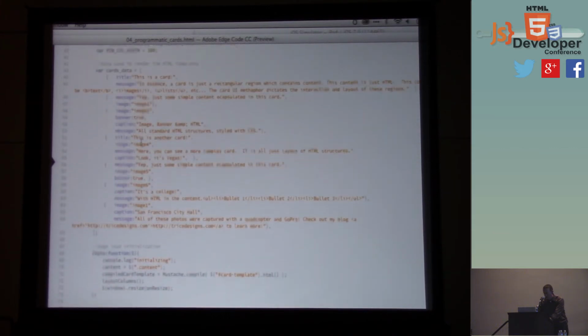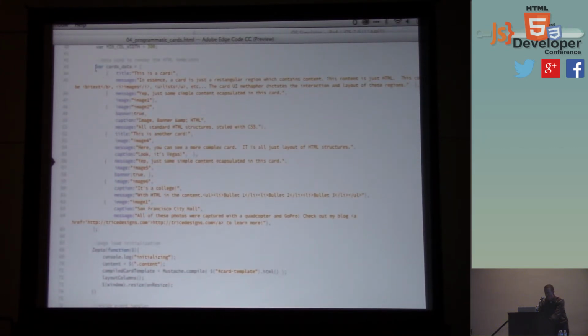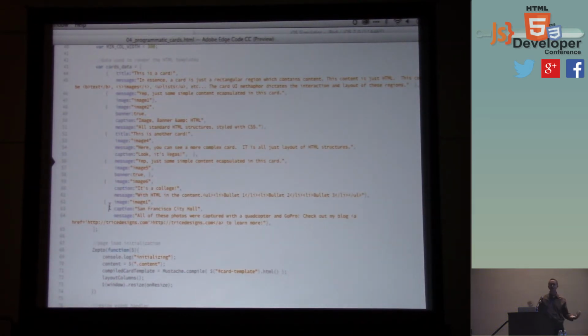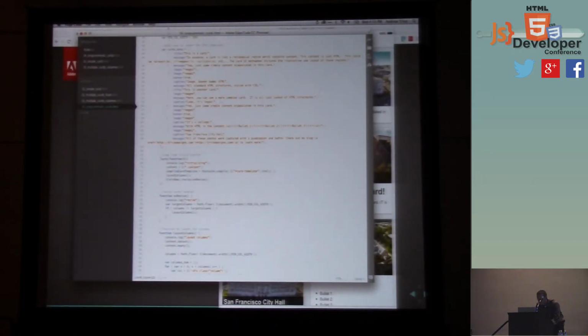And if we jump down here a little bit further, in JavaScript, we have an array called cards data. And in here, we have a bunch of JSON objects. And each one of those has whatever attributes that I want to be displayed inside of that HTML string that's generated by my template. And let's say if I want to go ahead and change things,